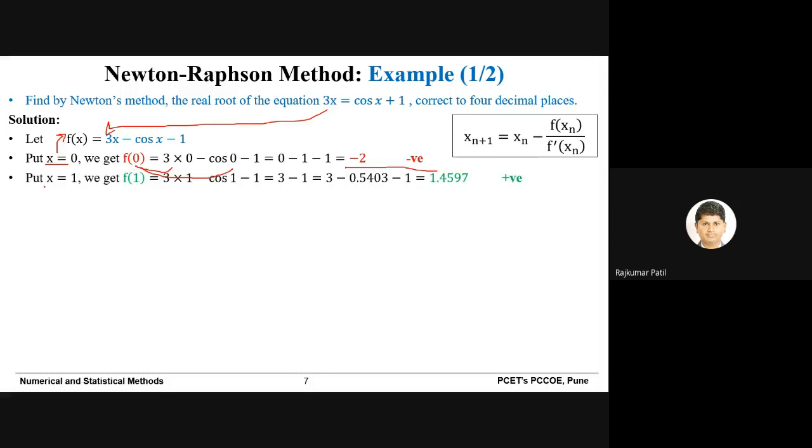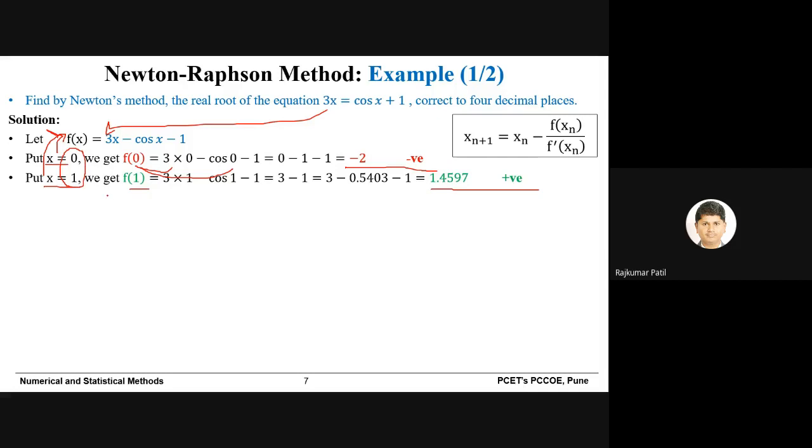Then we will put x equal to 1 into the function f of x and simplify, and upon simplification f of 1 is equal to 1.4597, that is positive. So as f of 0 is negative and f of 1 is positive, we can say that the root lies between 0 and 1.